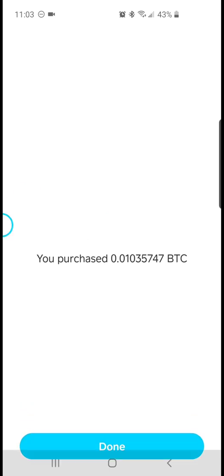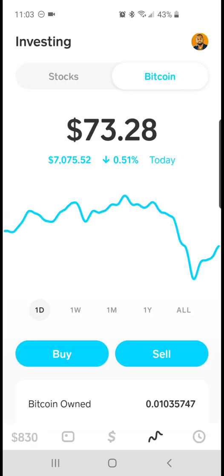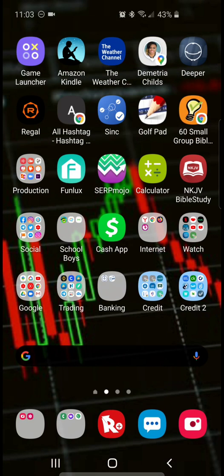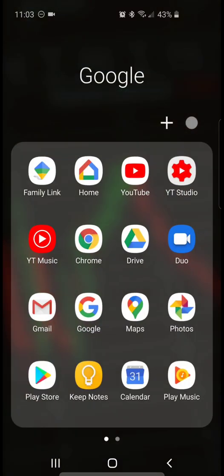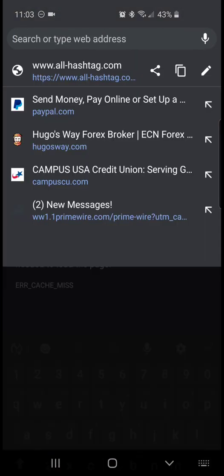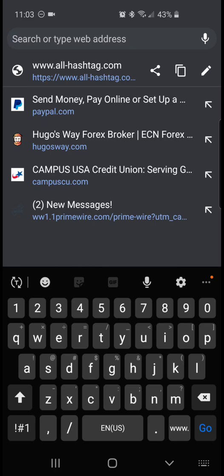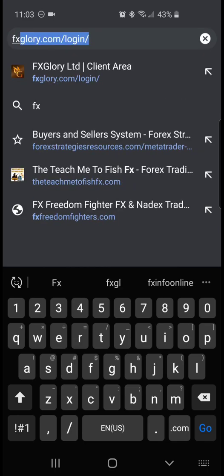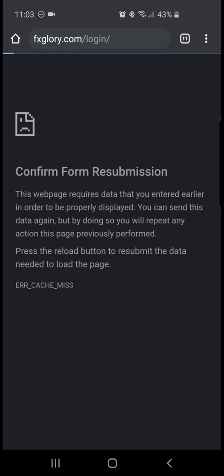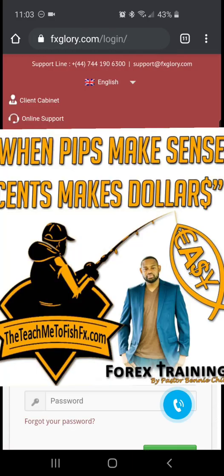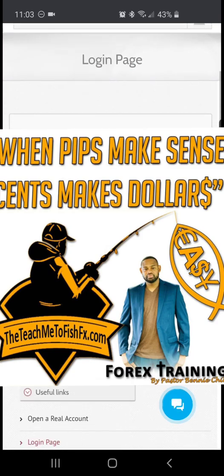All right, and so now I've purchased about $75. They have to take their fee and all that good stuff. Then you're going to go over to your browser and go over to your broker account. They're all the same, but you're just simply going to go to your broker account. Okay, you're going to log in,